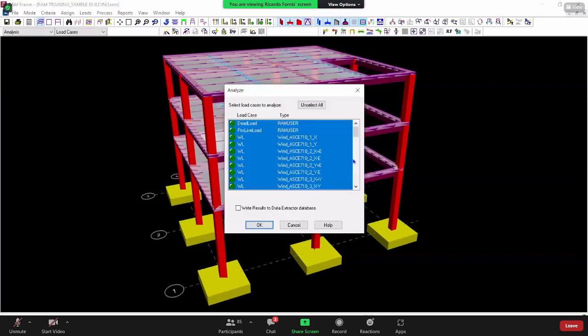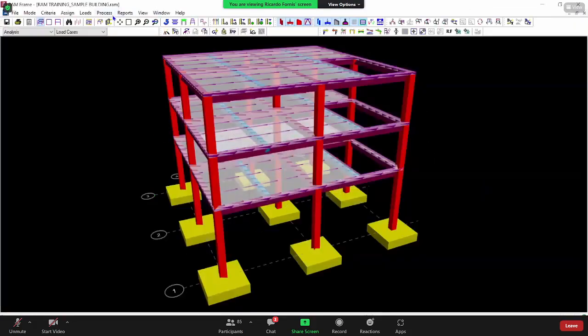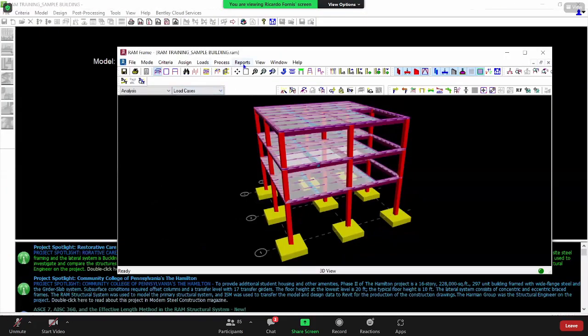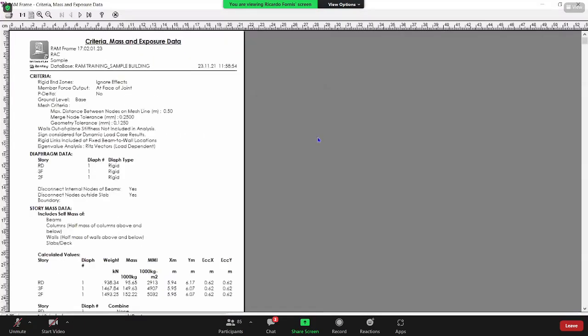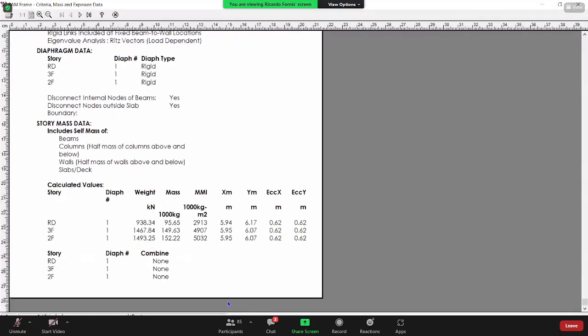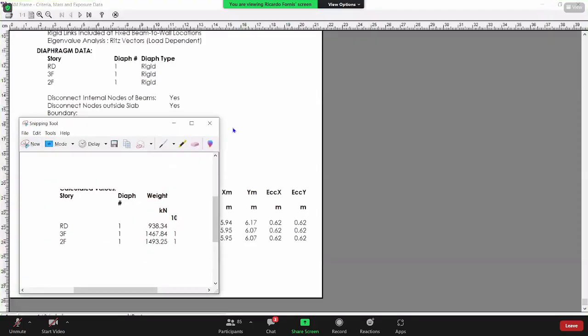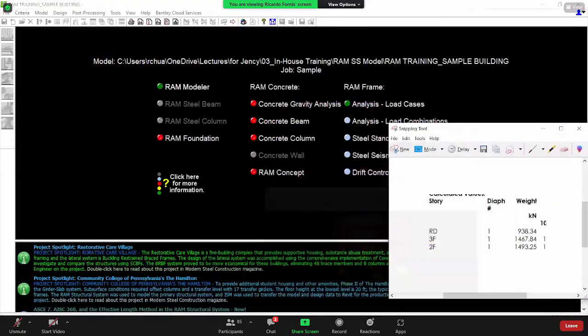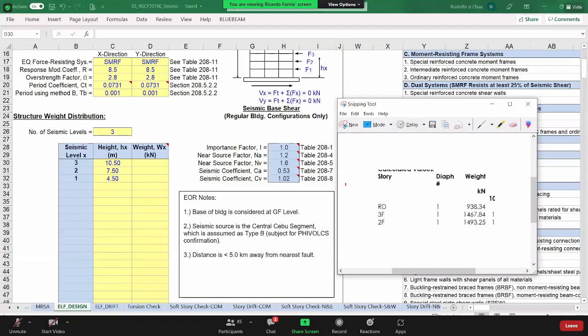Process, analyze. Reports. So according to my 3D model,